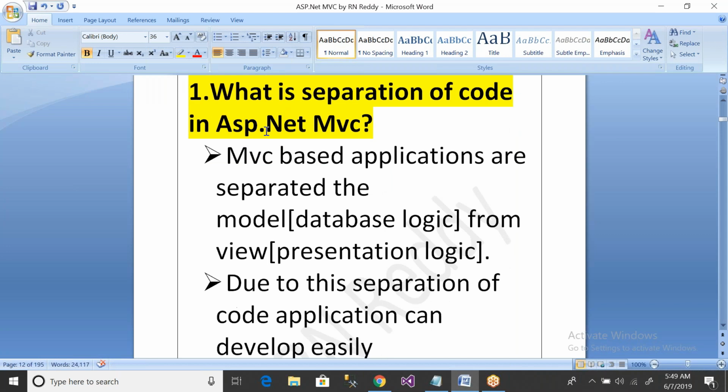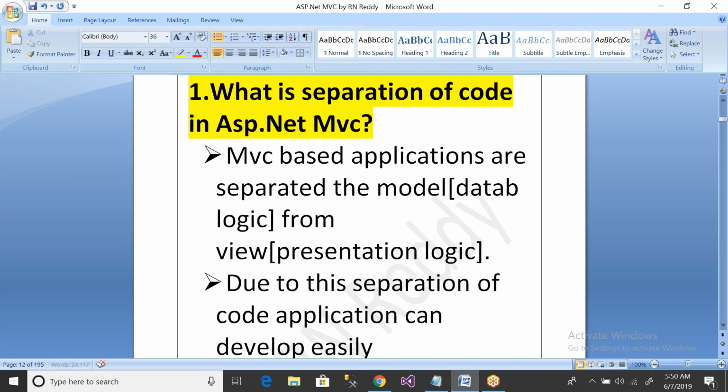MVC based applications separate the model from the view. Model means it will contain which logic? Data access logic. The model will contain data access logic, and it will be separated from the view. The view will contain the presentation logic.